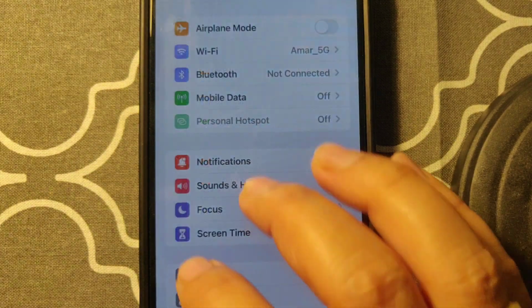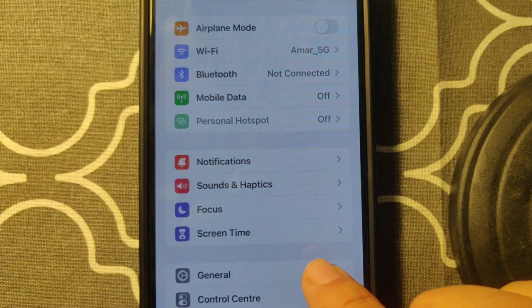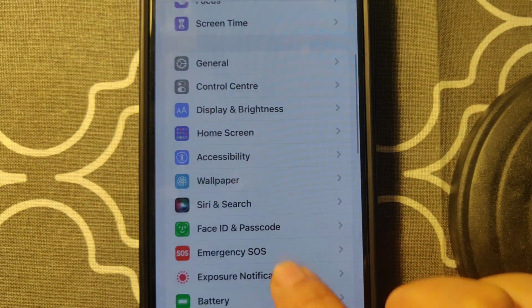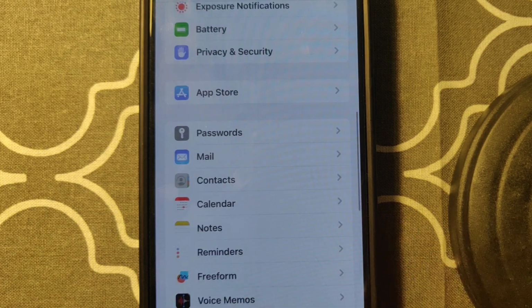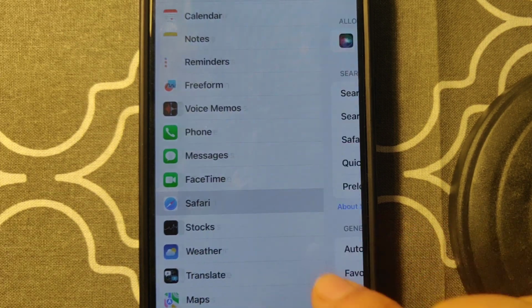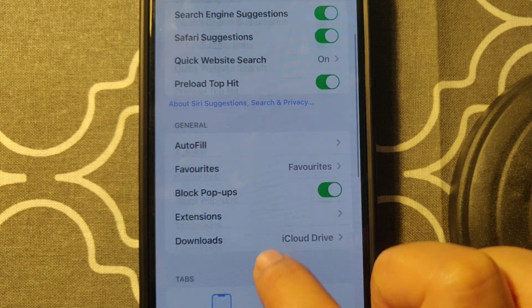So right, guys, just tap on settings and now just try to find the Safari app. You can just see here, just tap on it, and now guys, just try to